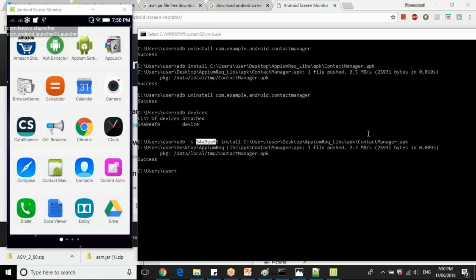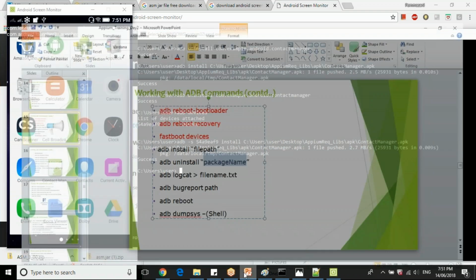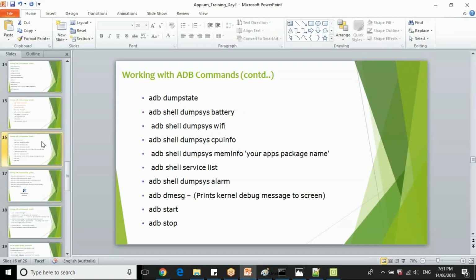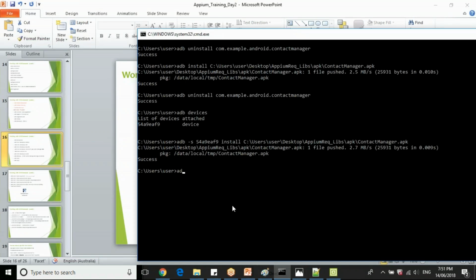So you can get your device name also, Pallavi. You have Android commands there. It's not possible to show all the Android commands in the session. I will share the document. Let me quickly show you some commands which will tell your mobile name. I think it's ADB shell getprop.